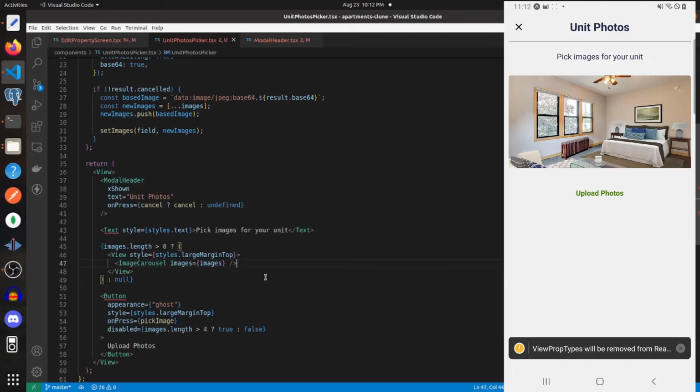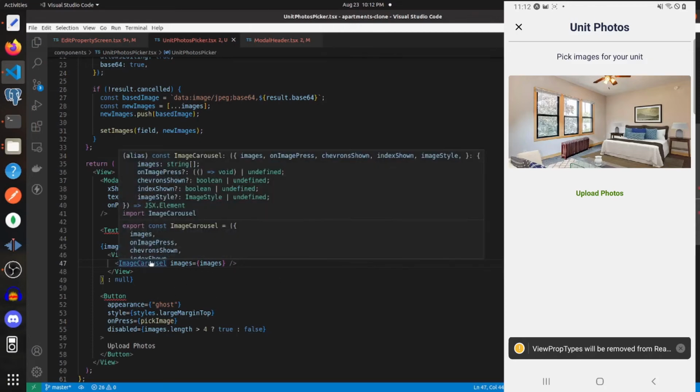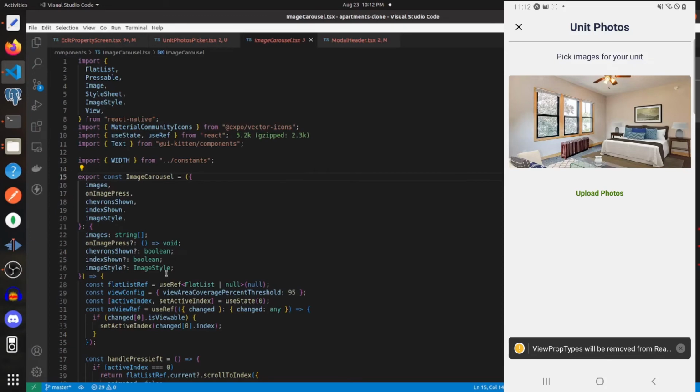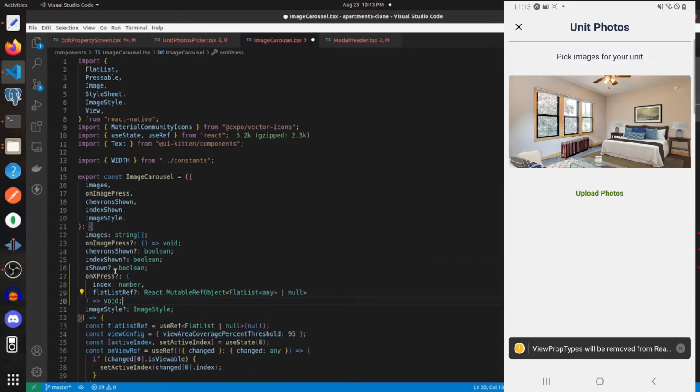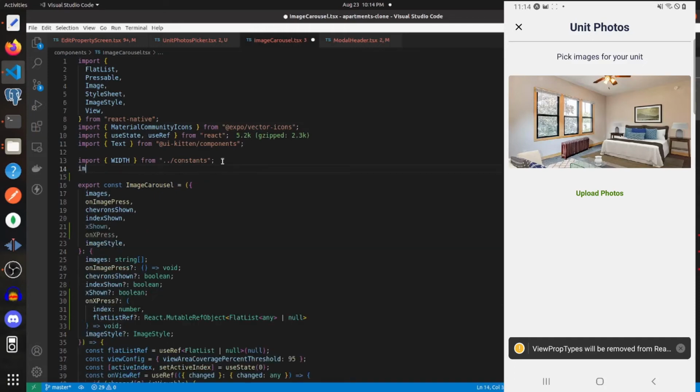So we need to account for that, and what we're going to do is go and modify the image carousel. To go into that component, and we'll start off by creating two new props. They're going to be optional, and they will be x shown, which will be a boolean, and then on x press, which will take in an index and a flat list ref. And now let's import theme,